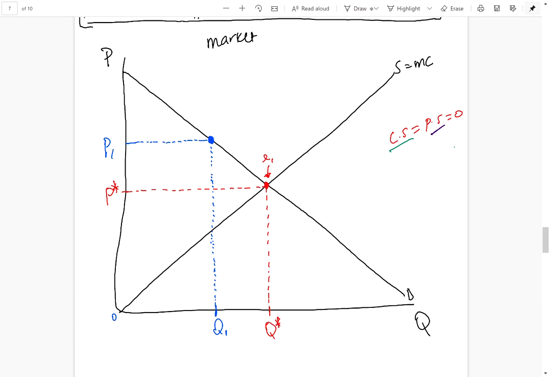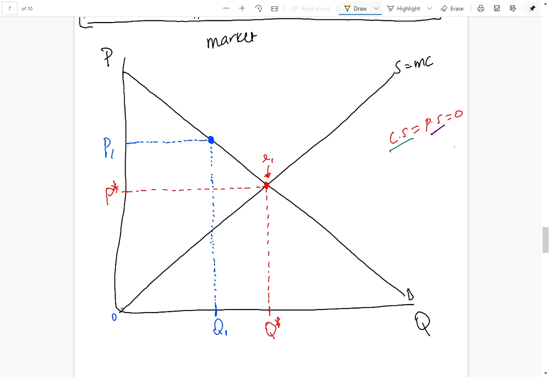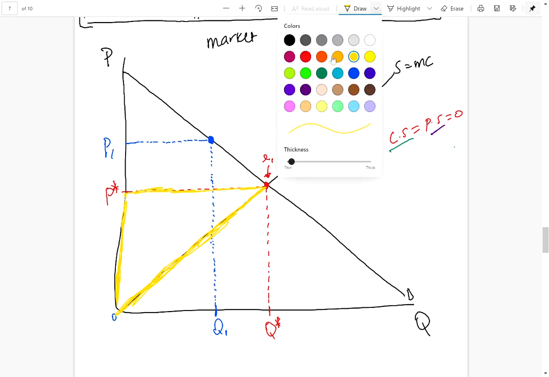Now, remember, originally, I wonder if it's going to let me. What I'm going to do is shade in our original producer surplus, right? The difference between the minimum they want to accept for this Q in the market versus what they actually get. This is our original producer surplus. Right? And our original consumer surplus,